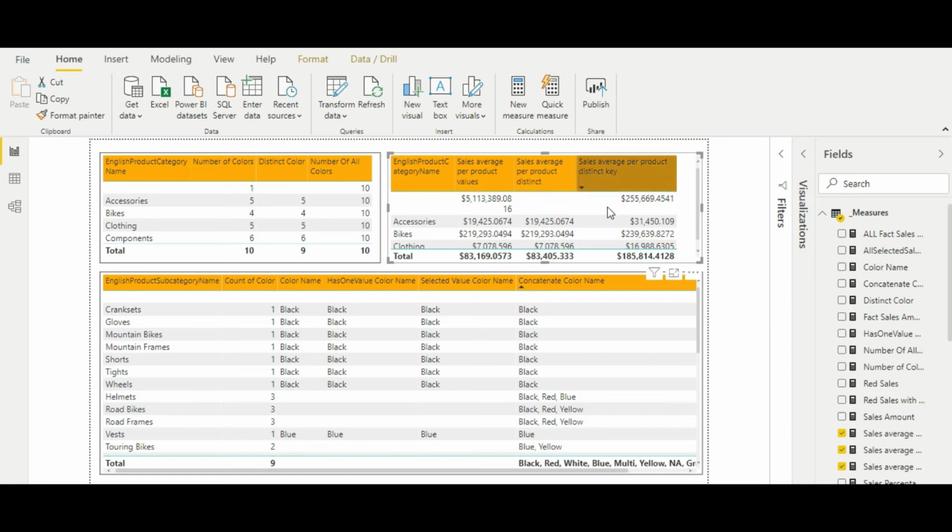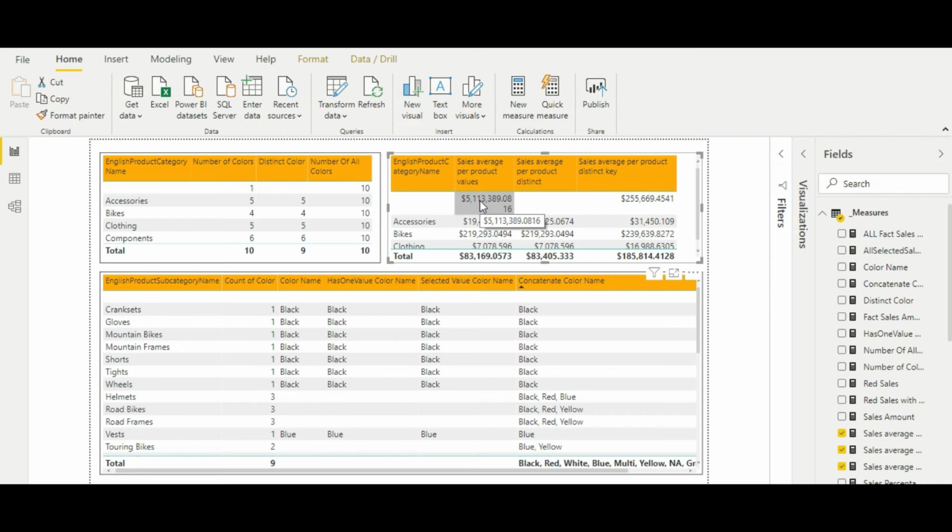Okay friends, so now let us see what has happened here. As you can see, this value is different from this value. All these values are different, and even the totals are different, right? So in this case, if you remember, in all the three cases we are taking the averages, right? But in the case of the values function, we are expecting the average even for the blank color, but actually this number is wrong. Let me explain why it is wrong.